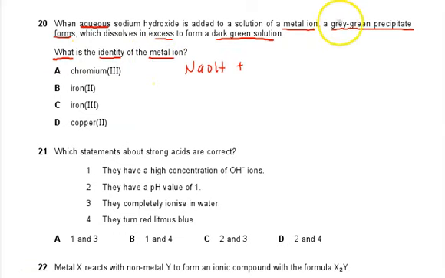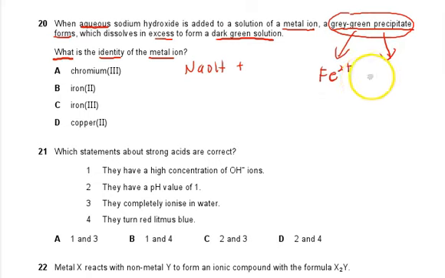As you can see here, the metal ion that forms a green precipitate is only two metals: iron 2 plus, and chromium 3 plus. Both of them will form a green precipitate, but